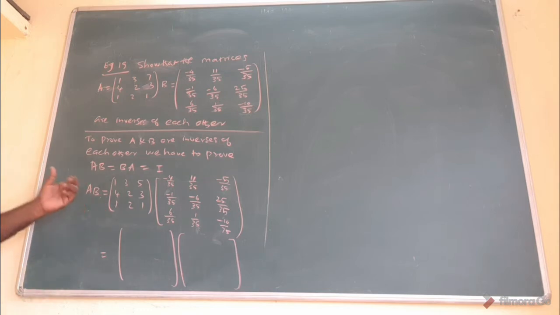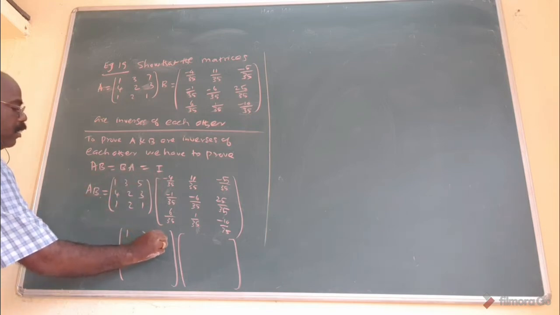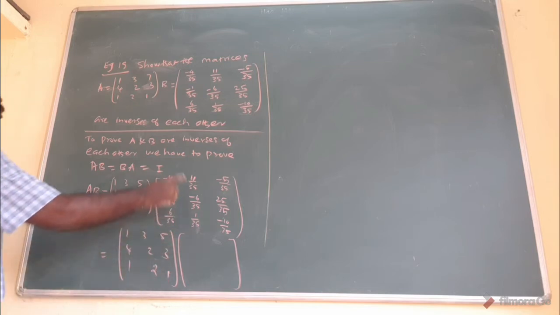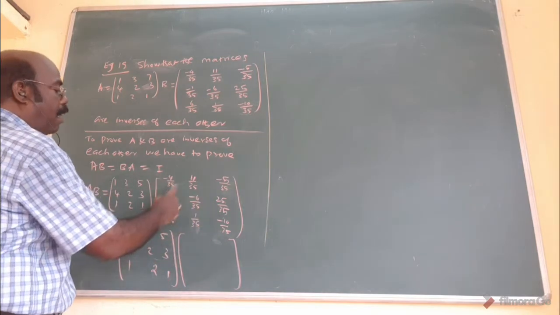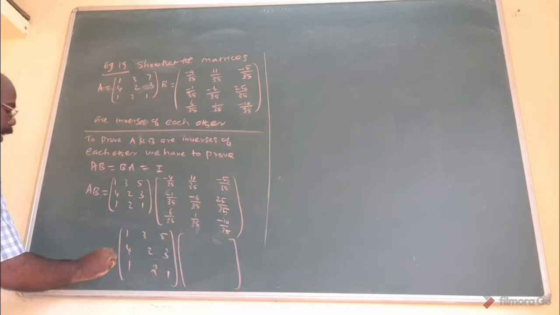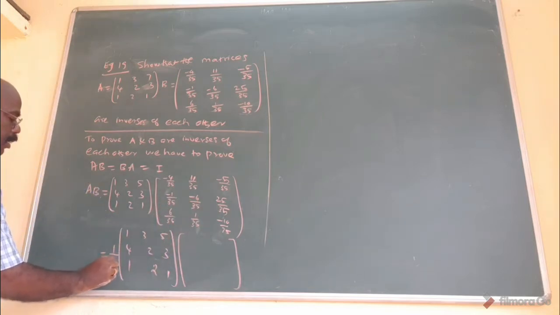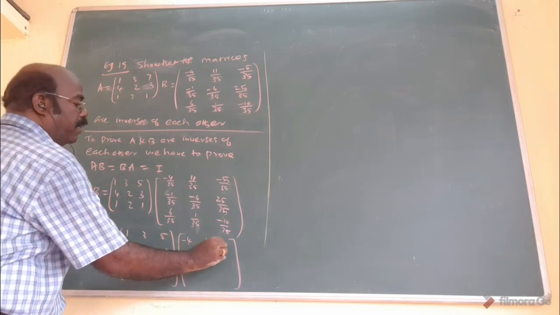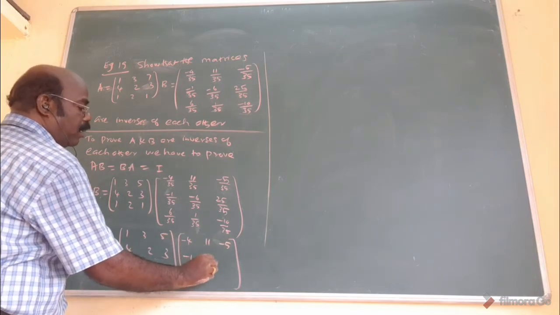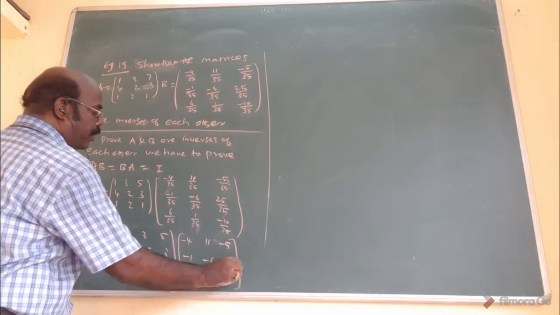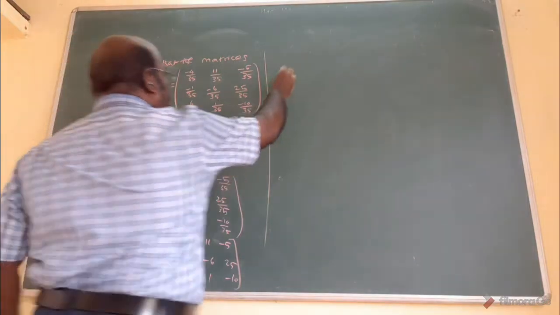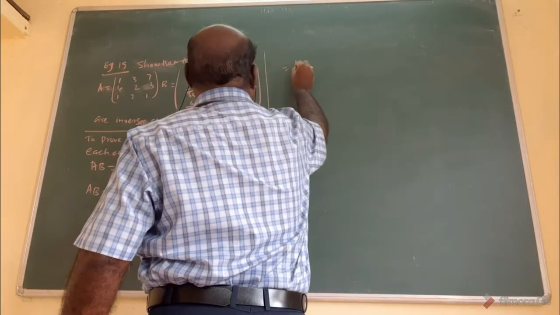Now first I want to multiply A with B. The A matrix is the same: 1, 3, 5, 4, 2, 3, 1, 2, 1. But in the B matrix, all entries have the denominator 35. That's why 1 by 35 is common to all. The matrix is minus 4, 11, minus 5, minus 1, minus 6, 25, 6, 1, minus 1. Now 1 by 35 is taken outside.